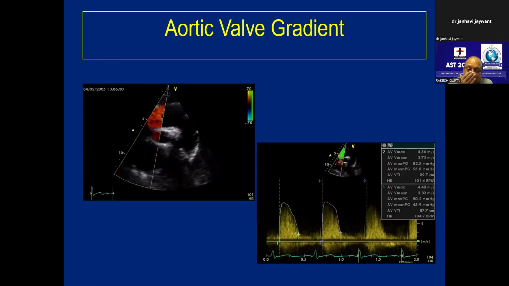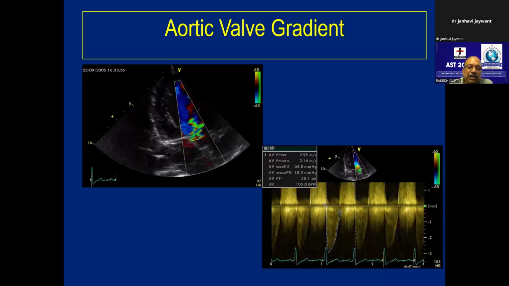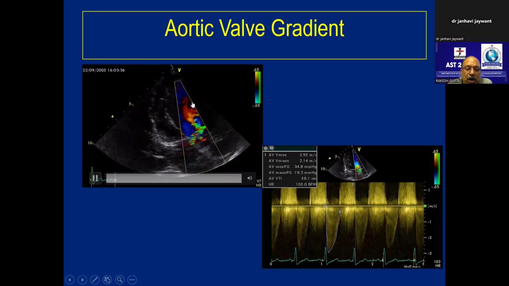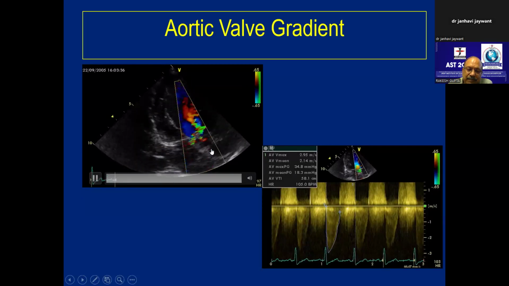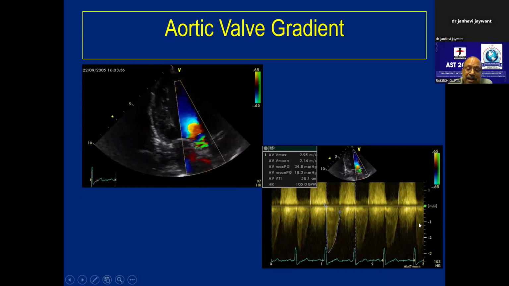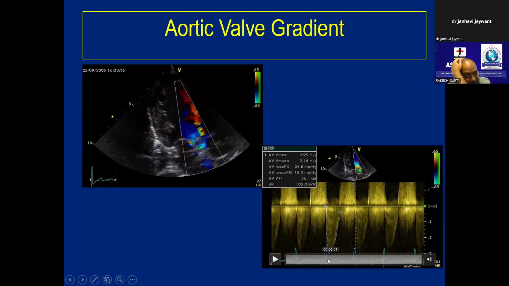When we were teaching the basics, we were saying if you have a stenotic lesion, you are looking for the maximum velocity, so you use continuous wave Doppler. In normal circumstances, whether I keep it at LVOT or at the aortic valve, the velocities will be almost the same. But in aortic stenosis, LVOT velocity will be low, while velocity distal to the aortic valve would be very high. That will not be contained in this Doppler spectrum pattern. By pulse wave, it will produce aliasing. For correcting aliasing, we move the baseline upward so that the Doppler spectrum pattern is contained.